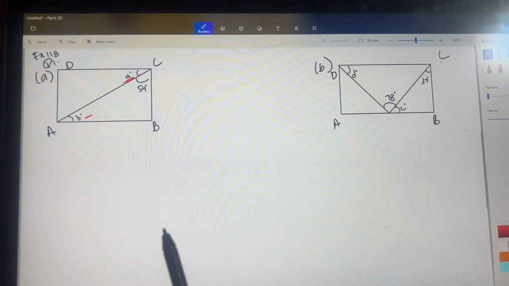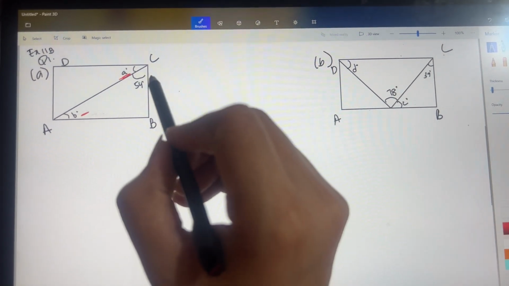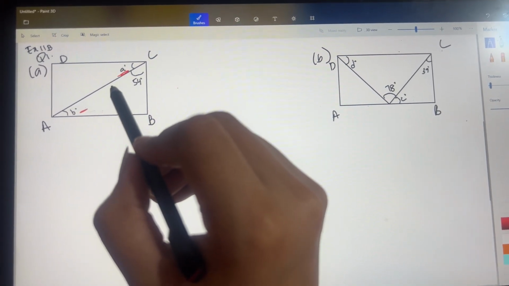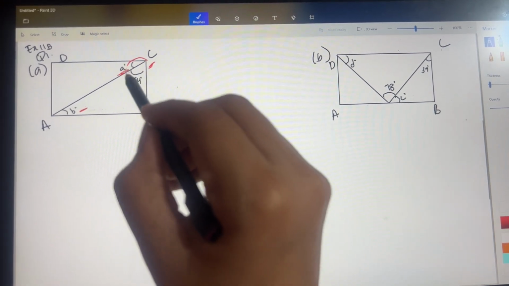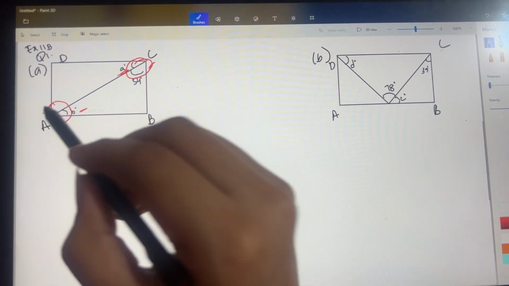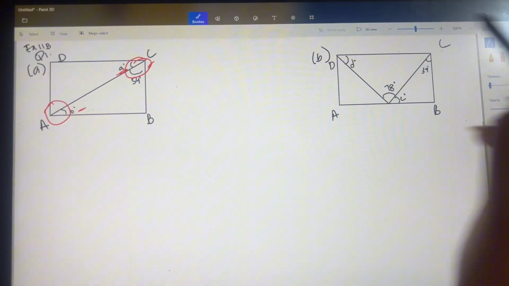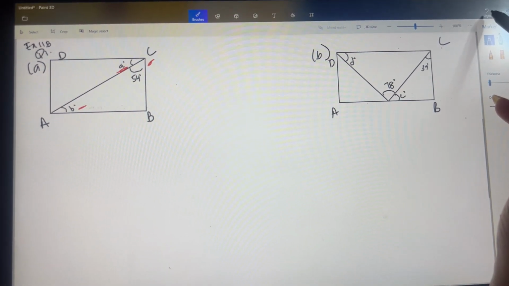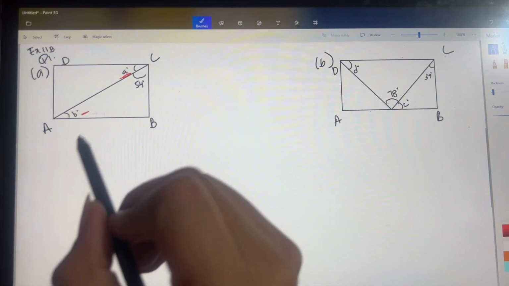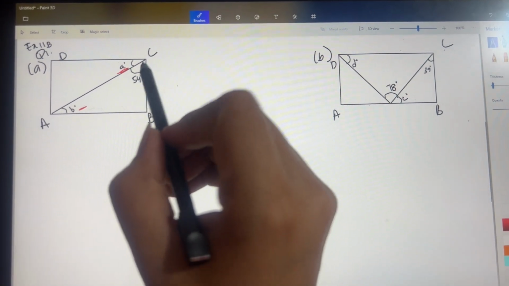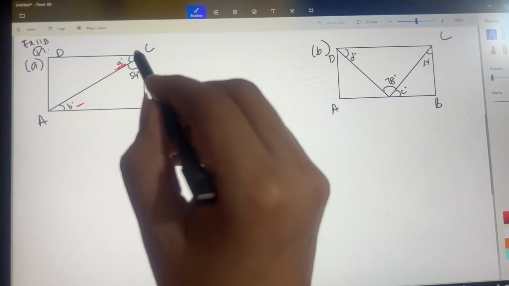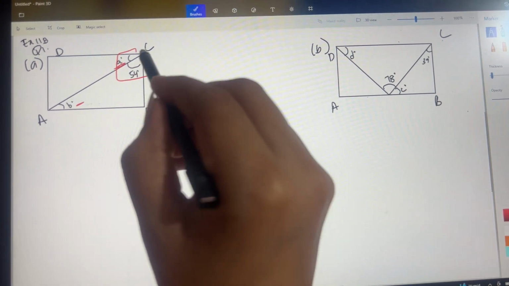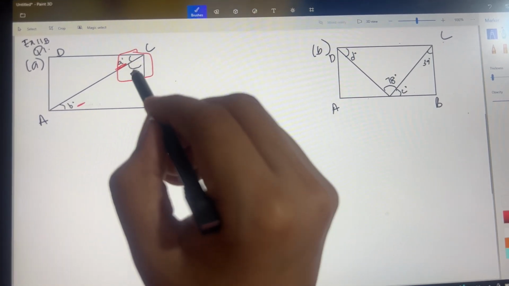So for finding A and B, if you look over here, I have told you that opposite angles are equal, means this angle which is angle C will be equals to angle B. Opposite angles will be equal. Now if you see A and 54, it is some angle. It is divided into two parts.